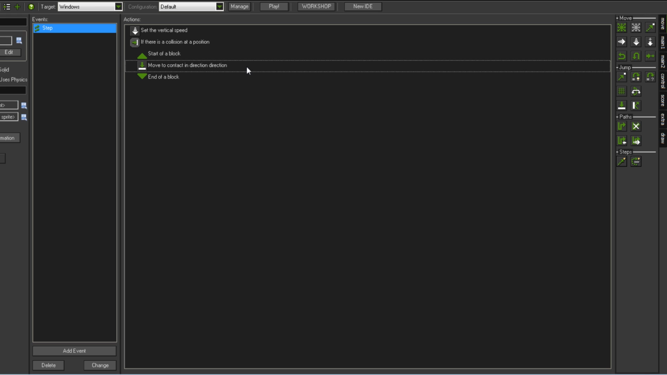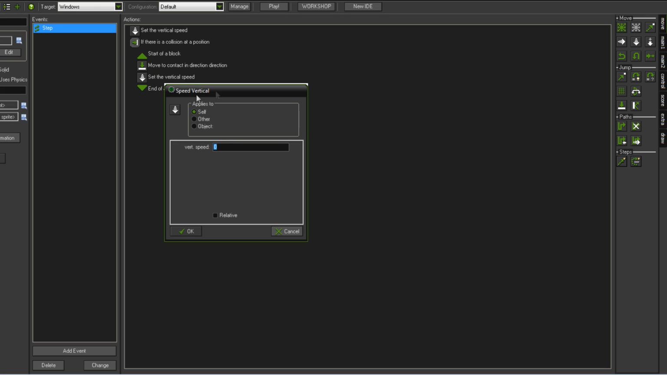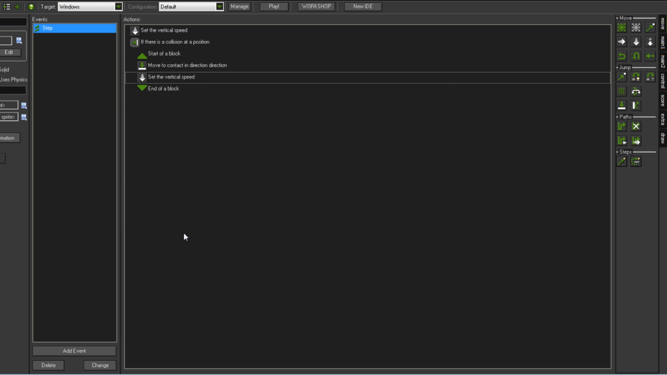Then the next thing we need to do, once we've moved as close as possible to the wall vertically, or the ceiling, is to reduce our vertical speed to 0 because we've hit the wall. So we just use this big white down arrow again, which is setting our vertical speed. We don't need to take relative this time, and just have 0, so it'll just set our vertical speed to absolute 0. And now, hopefully, if I run the game,